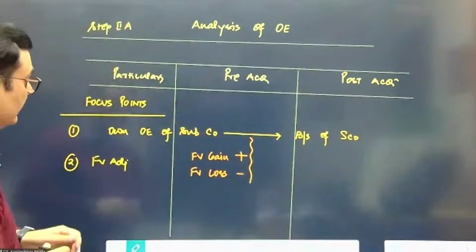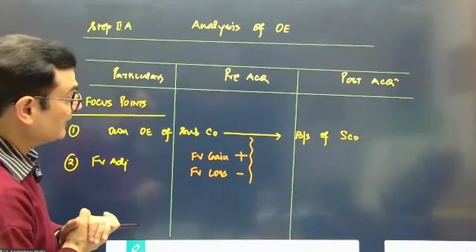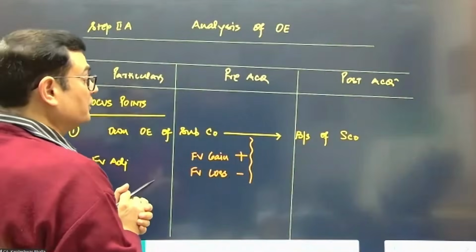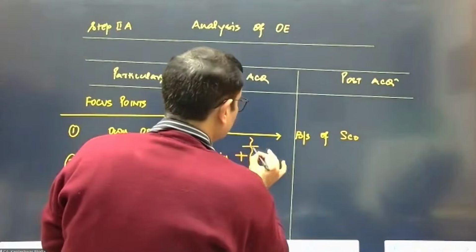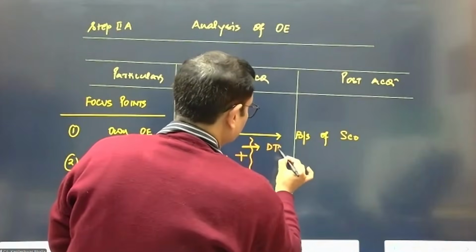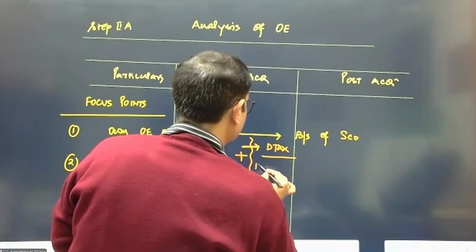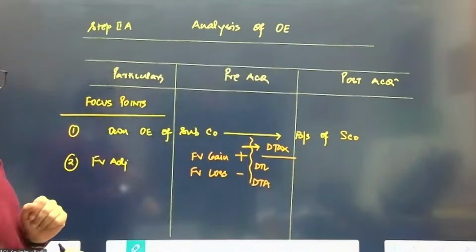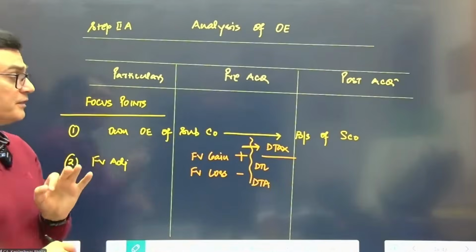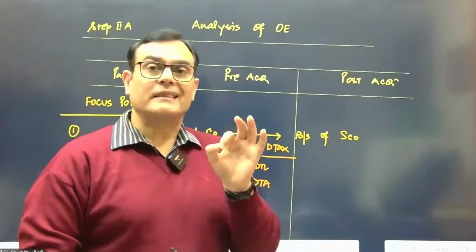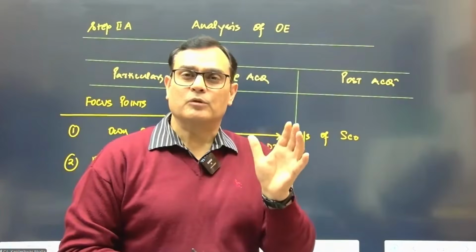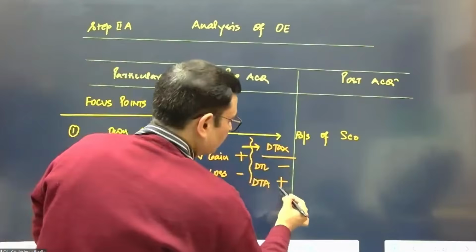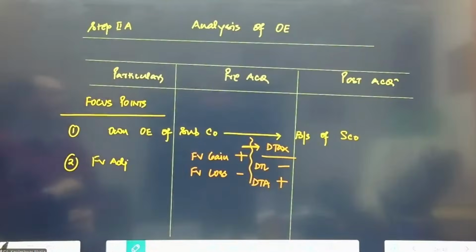Yes, thank you. Okay. Then we consider the fair value gains and losses out here, and if there is a deferred tax implication, can I say DTL will be plus or minus? DTL will be plus or minus if there is a deferred tax liability, because in terms of asset, the book value is more than the tax base, plus or minus? Minus. And DTA will be a plus.